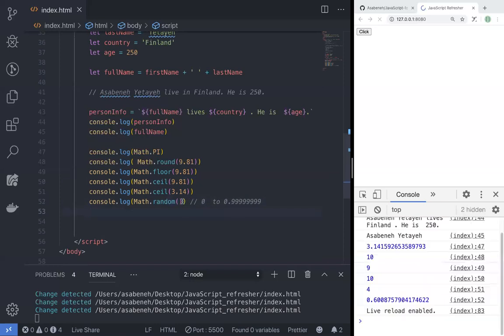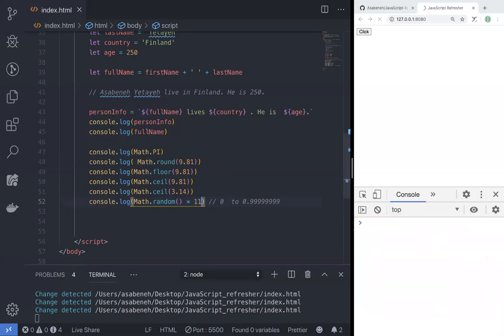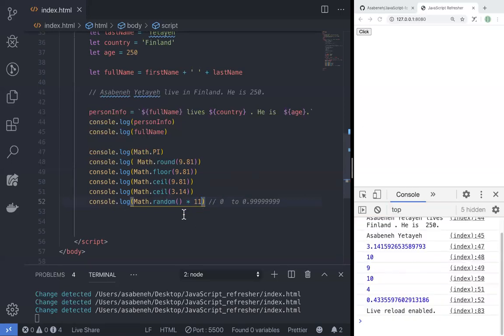For instance, if we multiply this by 11, as you can see, I'm getting 7.99. If I multiply 0 times 11, that means 0. So I get 0. When it is like a 9 multiplied by 11, this close to, I think it's going to be